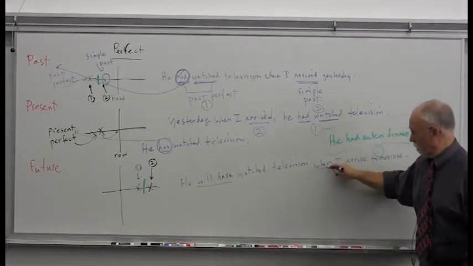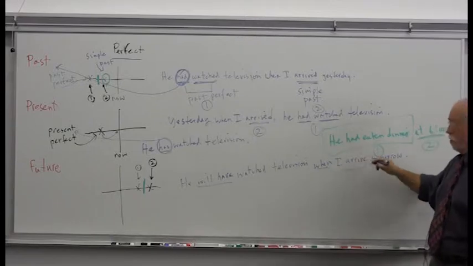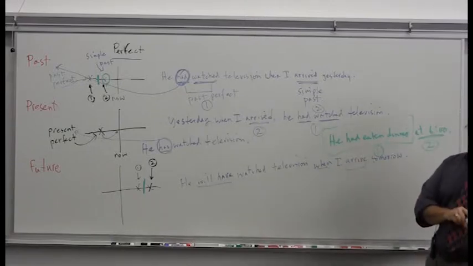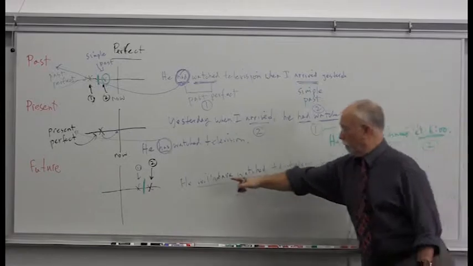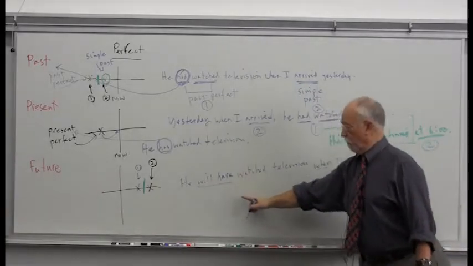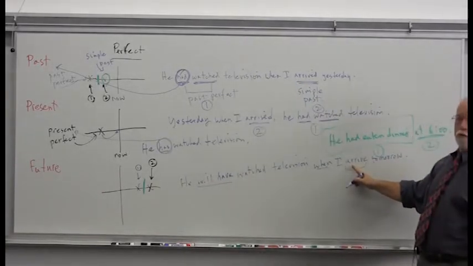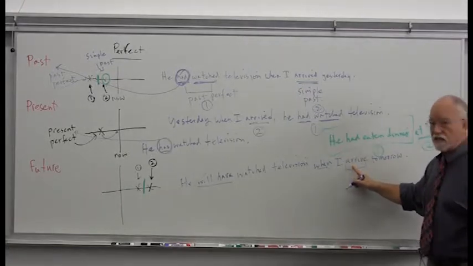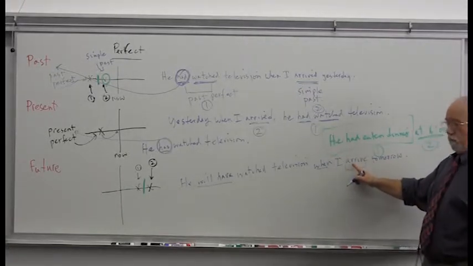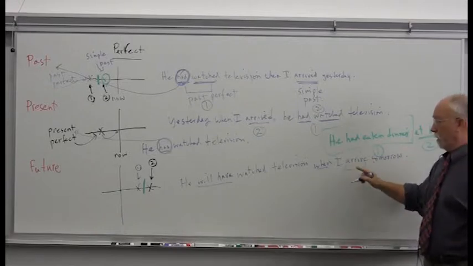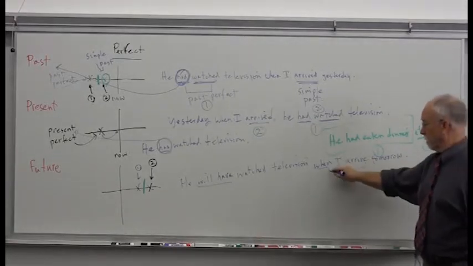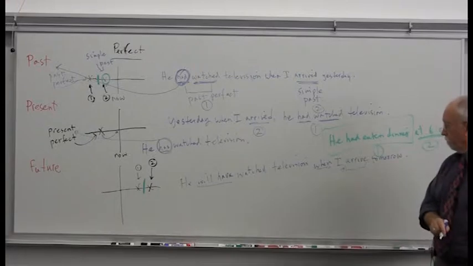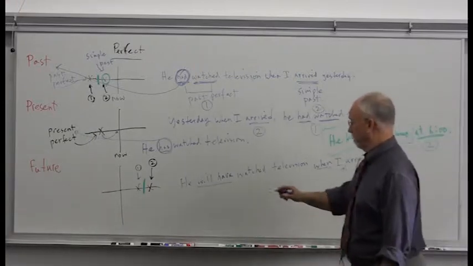So since this is telling us the time, we just use the simple form because we already know from this one that this is in the future. So we just use the simple form of the verb to show that this is the second action. The simple form of the verb shows us that this is the second action because it says when I arrive, right? Or we could say